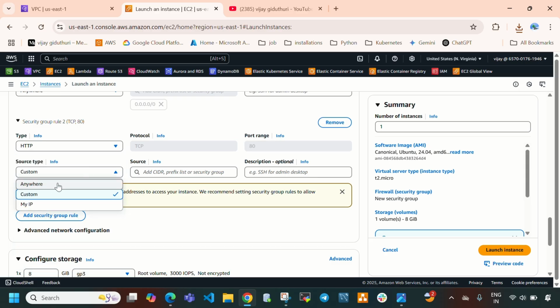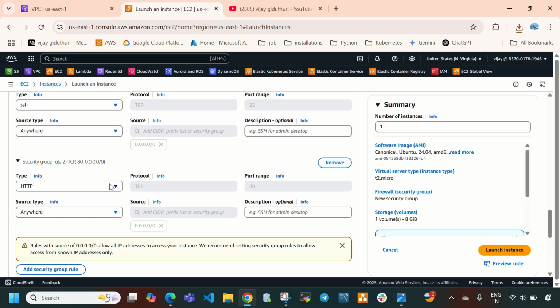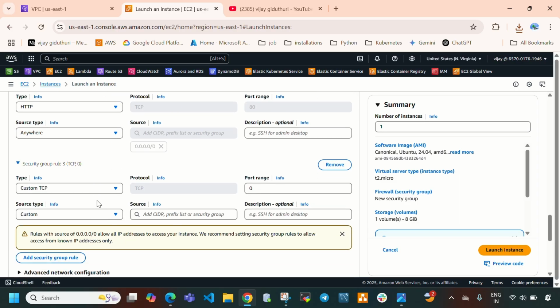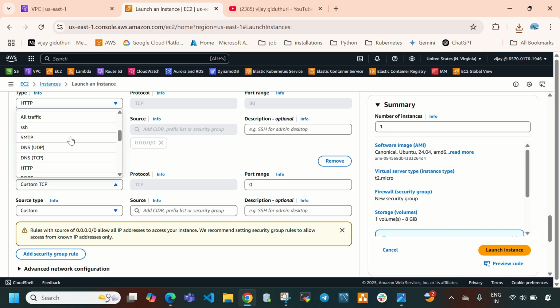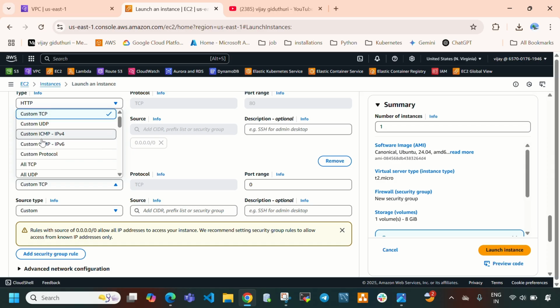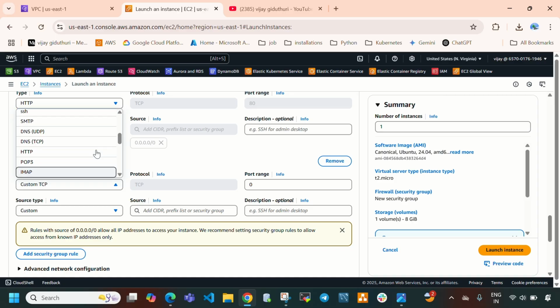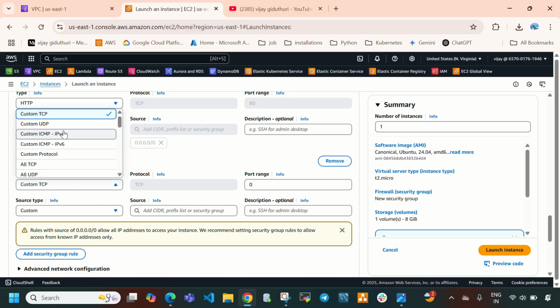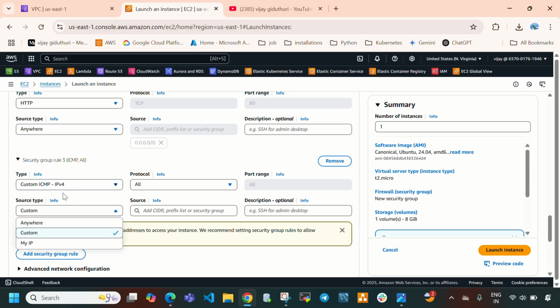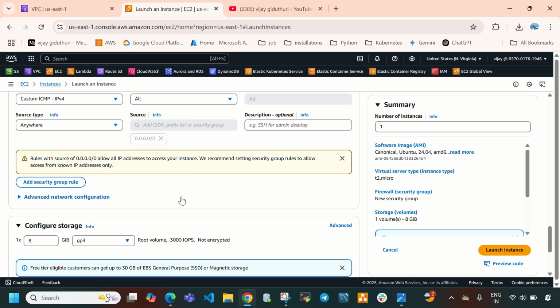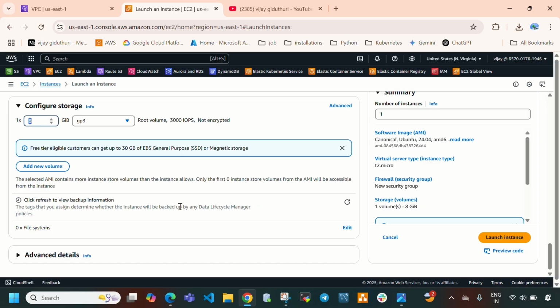and here I'm going to provide anywhere, and I want to provide another security group rule which is ICMP. It is used for ping. Okay, so let me open this ICMP. Here you can see ICMP, and here anywhere. Okay, so I'm going with default storage which is 8 GB, and directly drop down this advanced